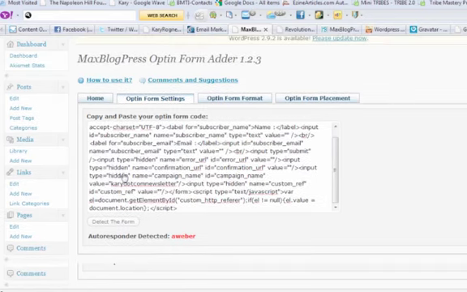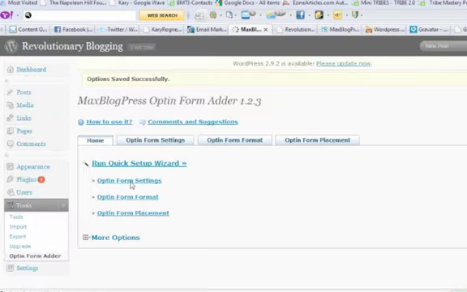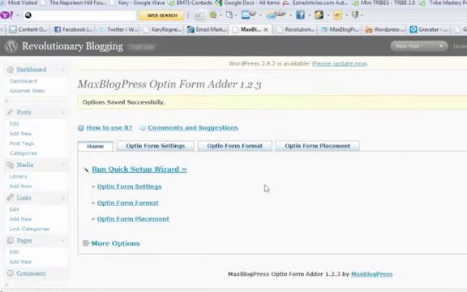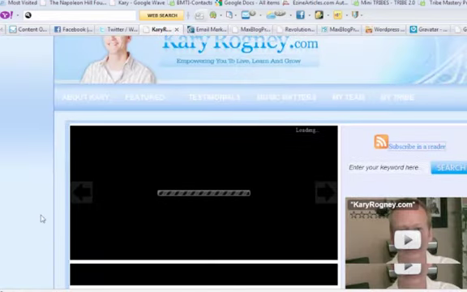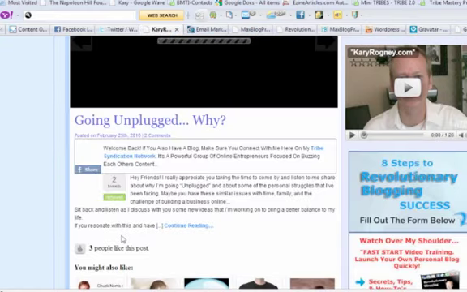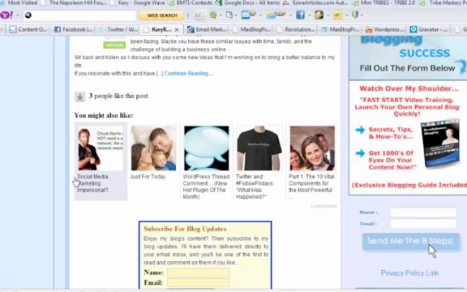you click that, and it's saving it, and it detected it. So you just go through that whole step, and you can customize it even further. But I wanted to show you now, once I have this up on this new blog, anyone who subscribes is going to be linked up with that account in Getresponse. Now, if I want to message all of them,